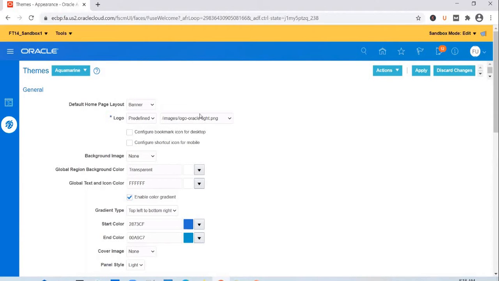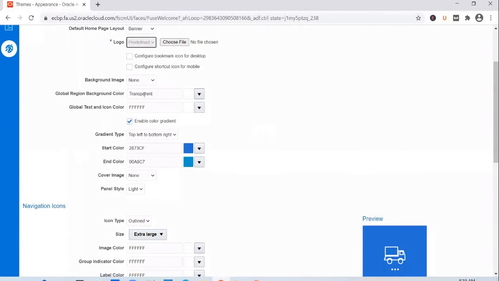And the logo, you see the Oracle logo is selected there. If you get a properly sized logo from the client, you could change this to file, and you will see a file picker option. You can click on this choose file option, pick up the client logo and upload it. And once you do that, the logo gets updated. The Oracle logo will change to the client logo. So this is how you change the logo. You change this from predefined to file and choose file, pick up the JPG file that the client has shared with you. Okay. And you can change any of the options that you see here.